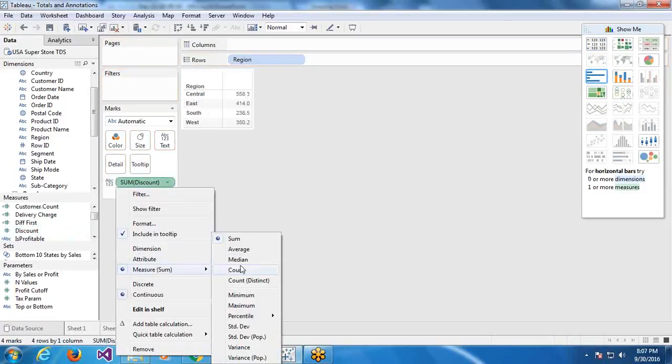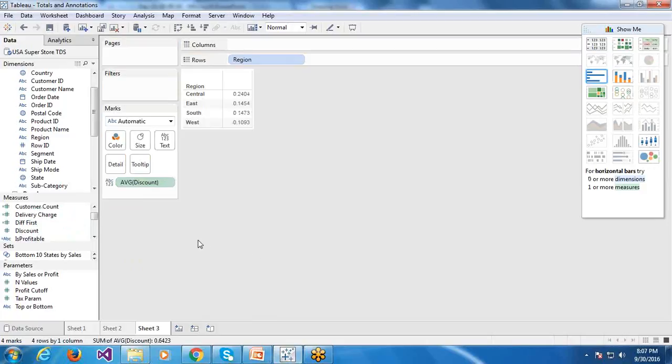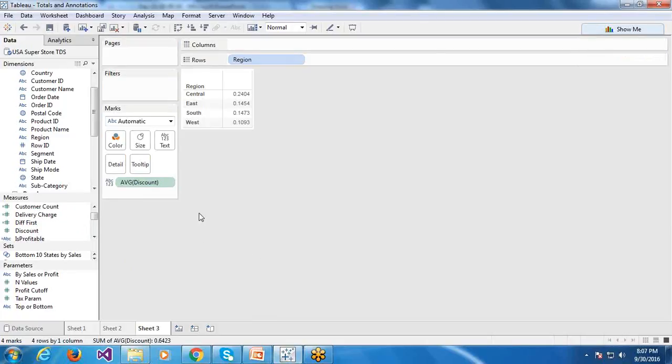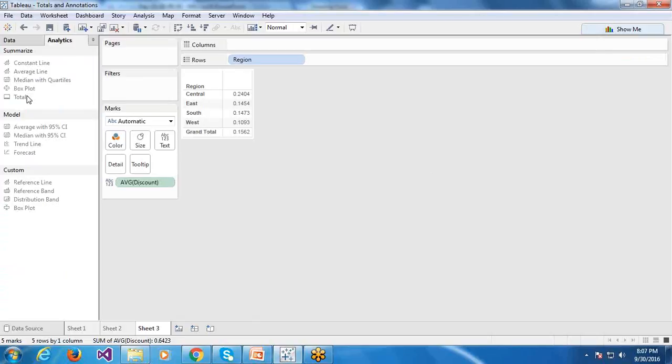For discount, I will apply average. Now I have average, and if I enable totals for this, it shows the grand total, and it is applying average only.